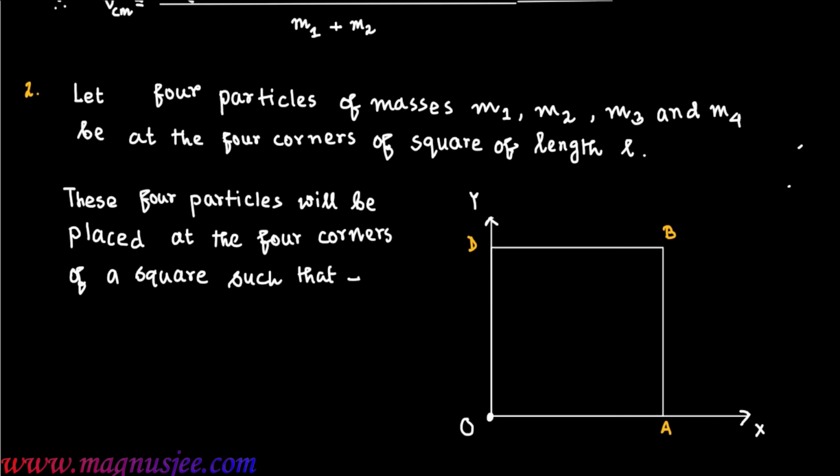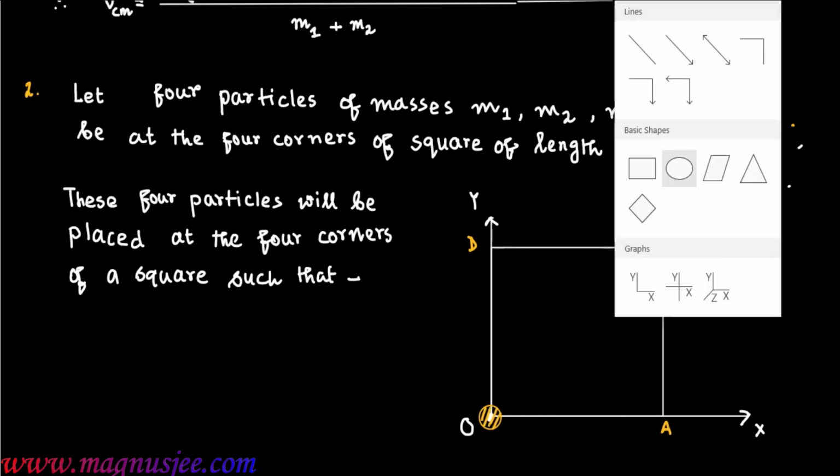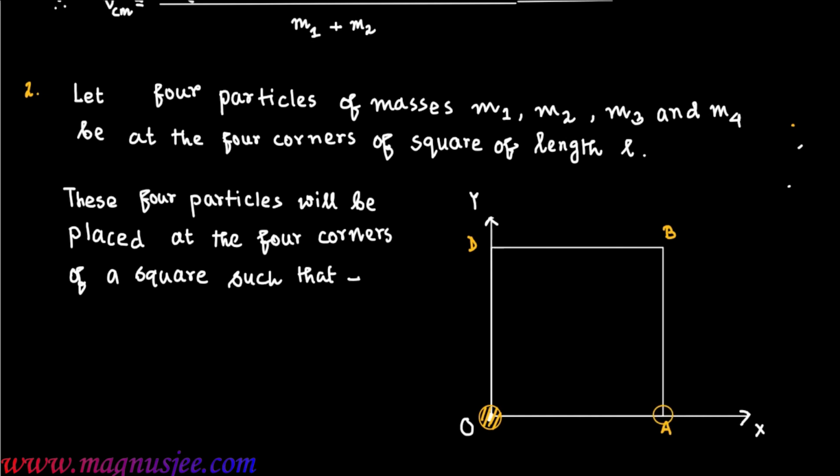This is the square. OABD is the square, and here the four particles will be placed at the four corners of the square such that the first particle of mass m1